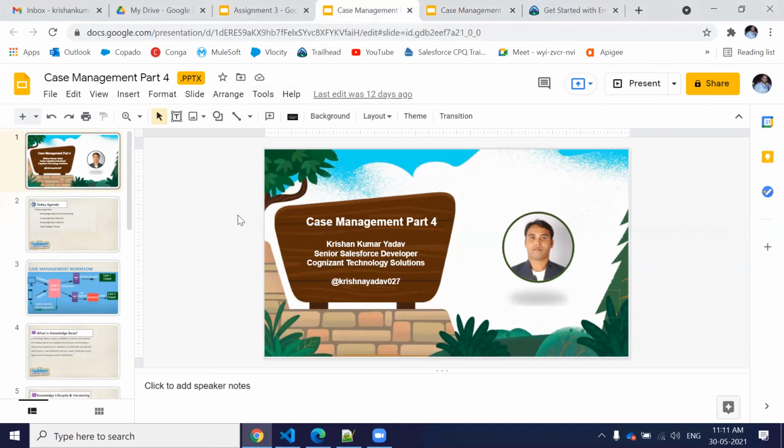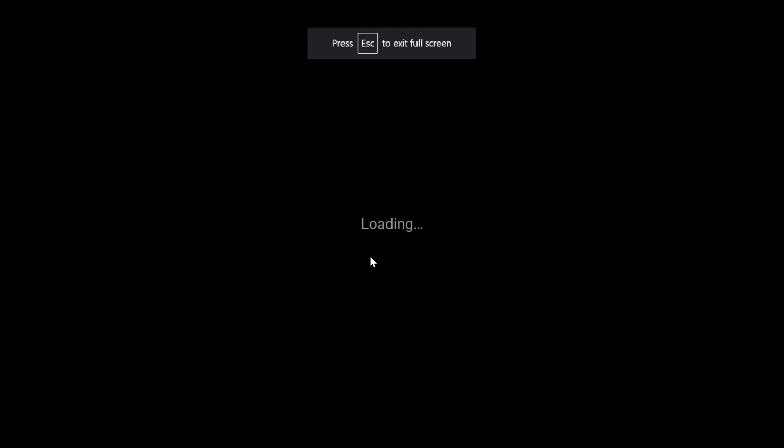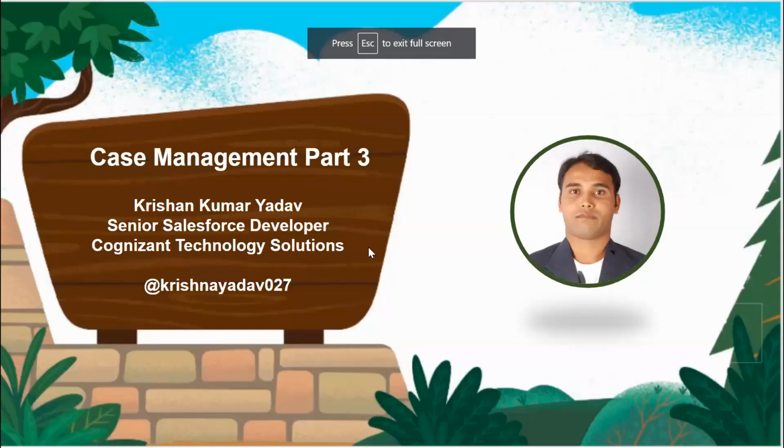Okay, so today is the fourth session, but as we discussed in our third session, the coding part is remaining, like how we can route the omni-channel configuration through Apex and other stuff. So I would like to first continue with the third session, and then I will cover the fourth session. Since today we have coding, I'm assuming we will consume almost 1.5 hours to complete both sessions.